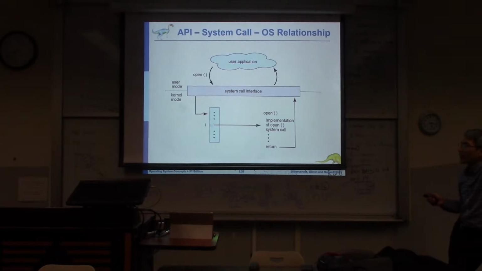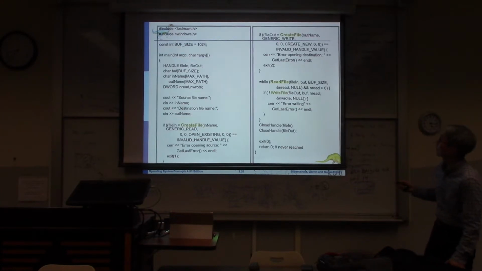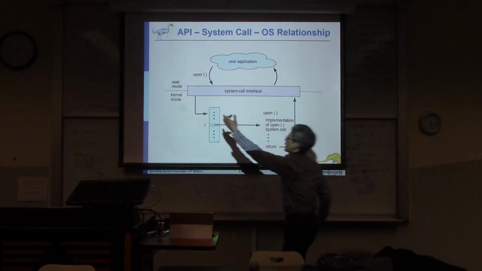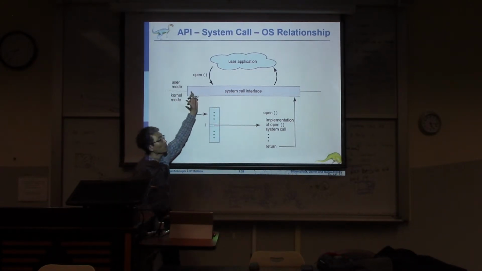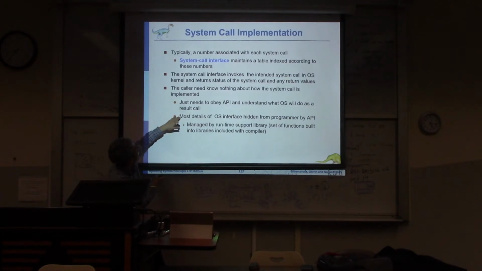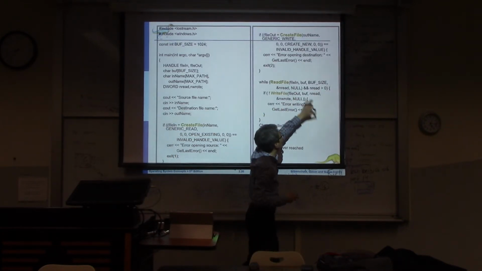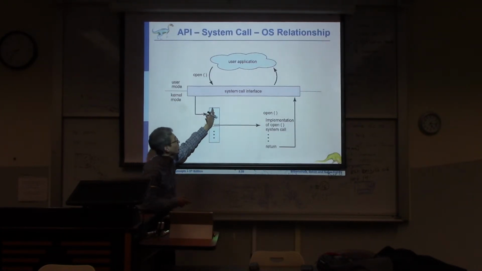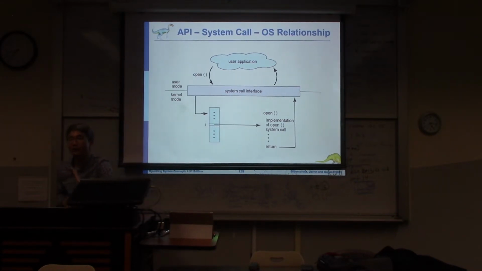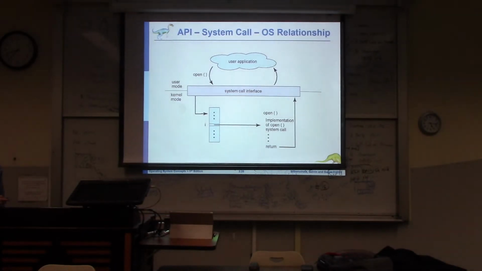How does the operating system execute such a system library? From here, this is the user logic, the user part. But whenever it meets such a system library, the mode is changed to kernel mode and passes the parameter values, like this one and this one, to the kernel. Then the kernel executes the system library. So that is how dual mode is used for the execution of the system library.